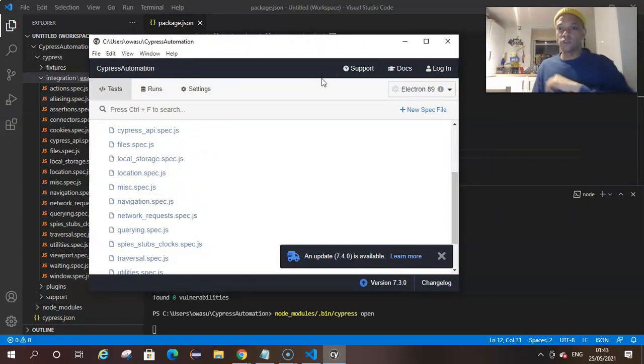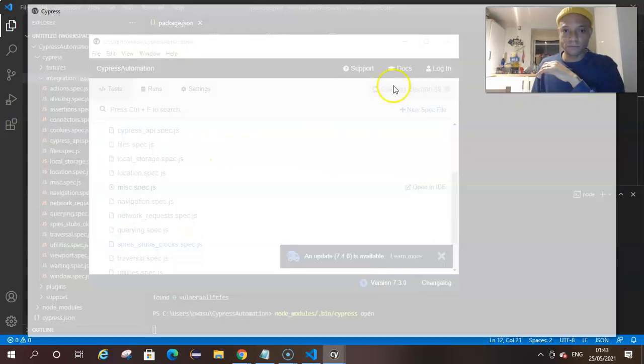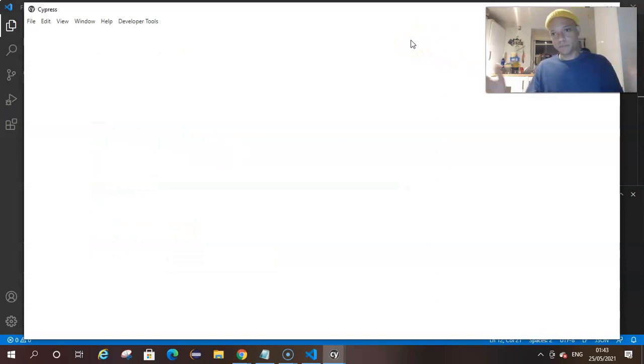So how do we launch a test case in the test runner, or launch a test case in Cypress? You just basically go to the test case and you click on it, right? You click on it and it probably opens white, and hopefully this doesn't stay white too long. But what you normally get is, my PC is slow, or my laptop is slow. What you normally get is your